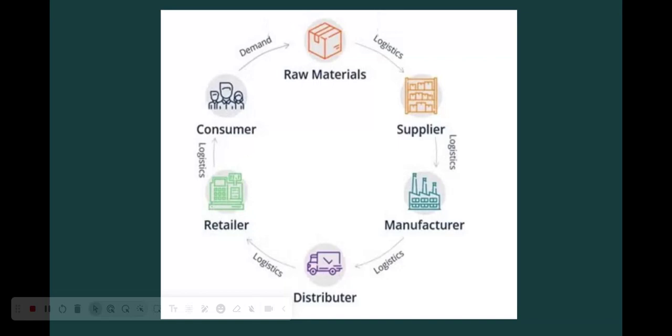I'm pretty sure a lot of you already know about this cycle, but the main thing to take away from this picture is to understand that the journey an item goes through from being a raw material to reaching the consumer is a complex and long process. It requires a lot of communication. A lot of people need to know what they're doing for this to all go well, even if it's a global business or a domestic business.